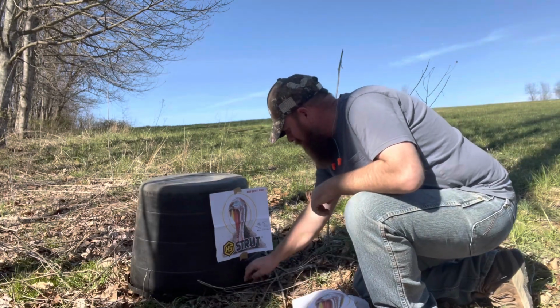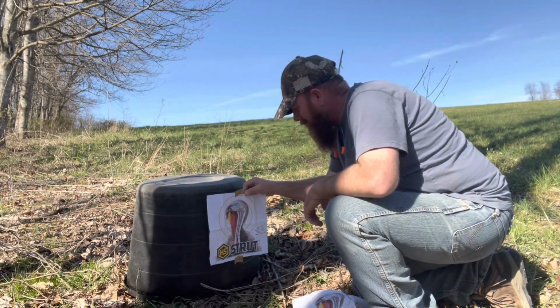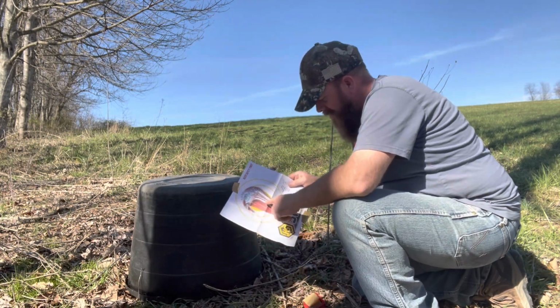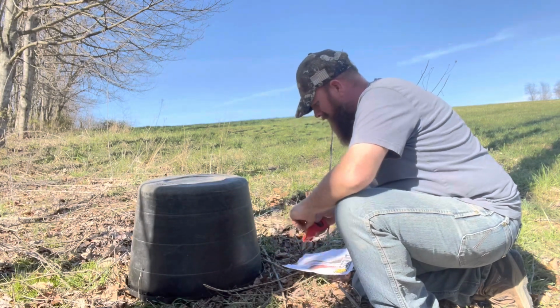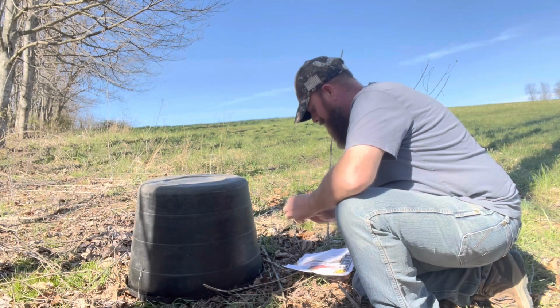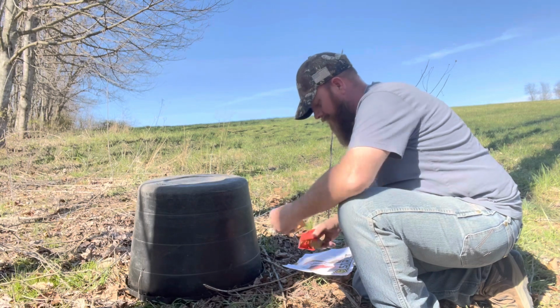I might have been holding a little bit low on that. Most of my pattern went down low. My gun usually shoots a lot better pattern than that with that Nitro Company. I usually hold a little bit low on the turkey, but I was trying to hold a little bit low, but